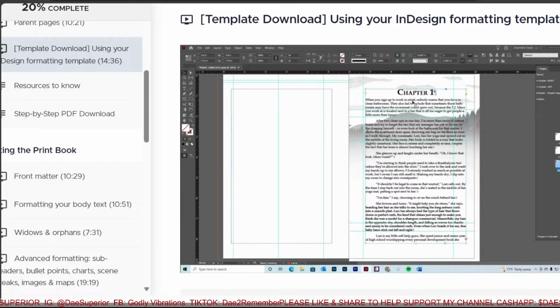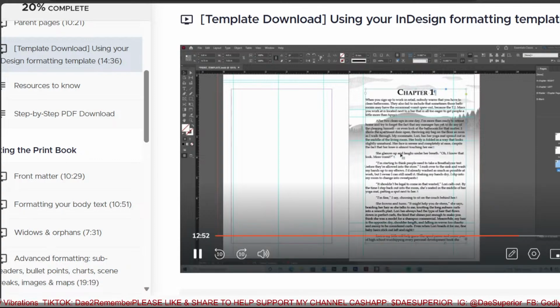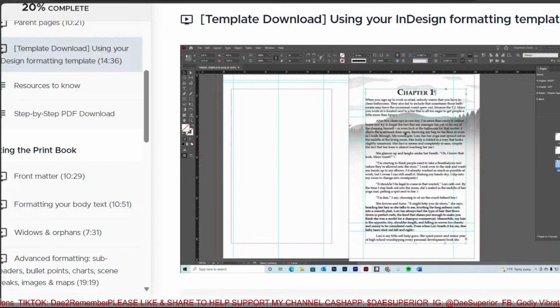So it is easiest to adjust your margins at the beginning before you start all your formatting. So that is what we did. And now we are good to go. The last thing